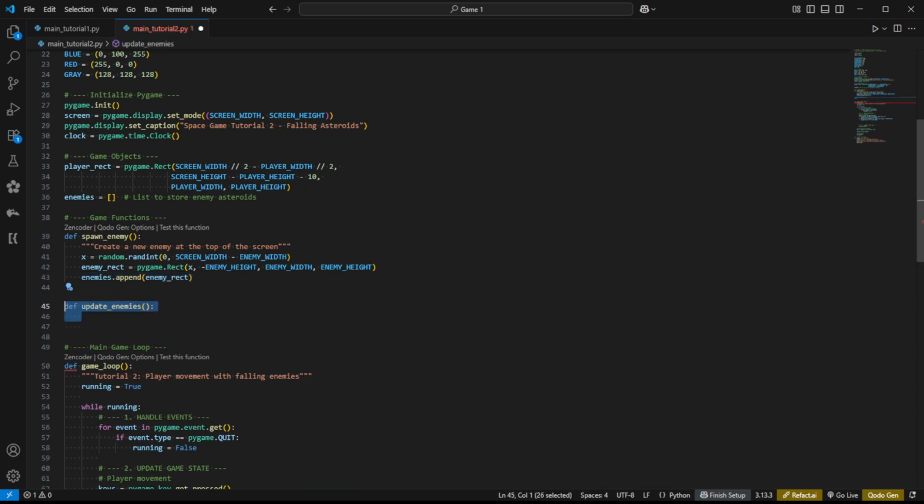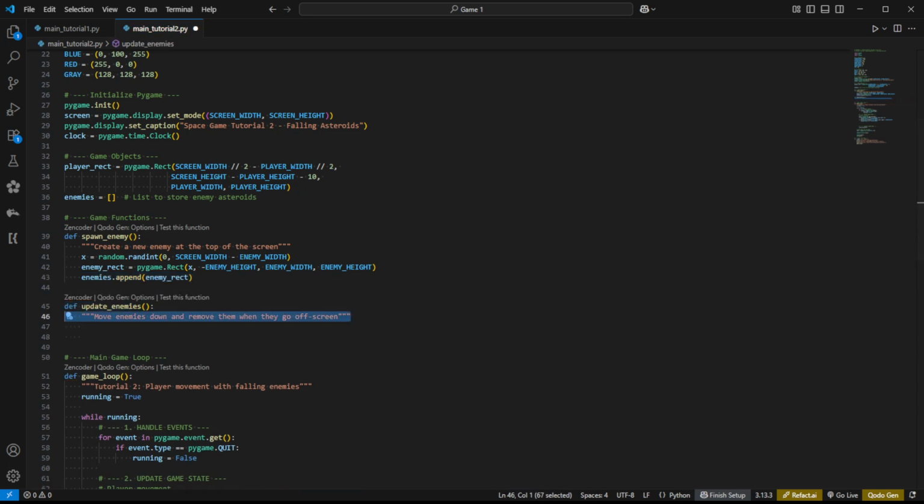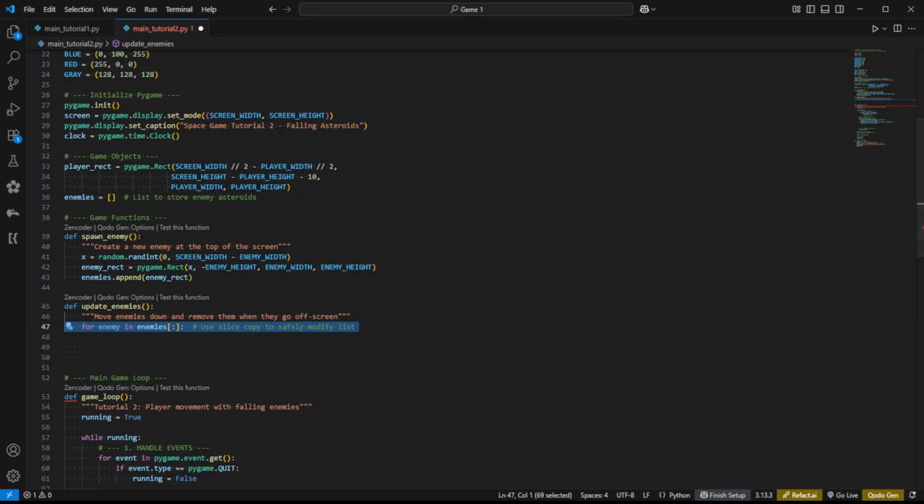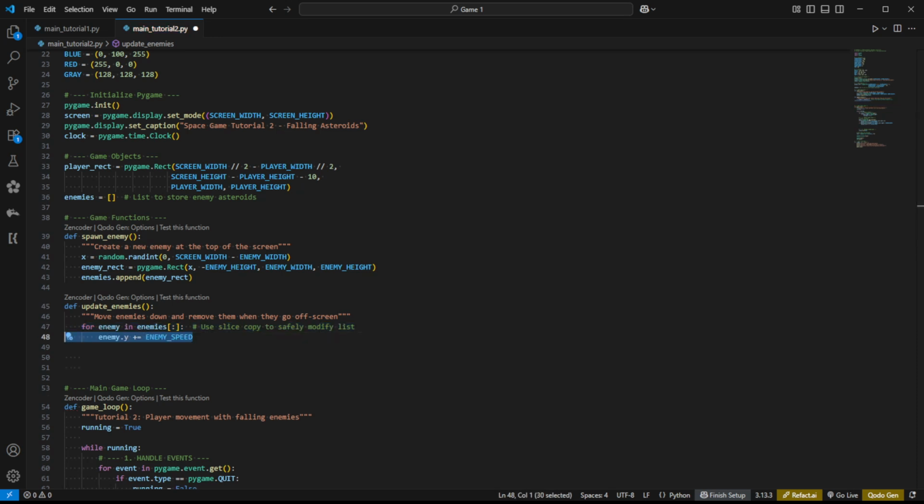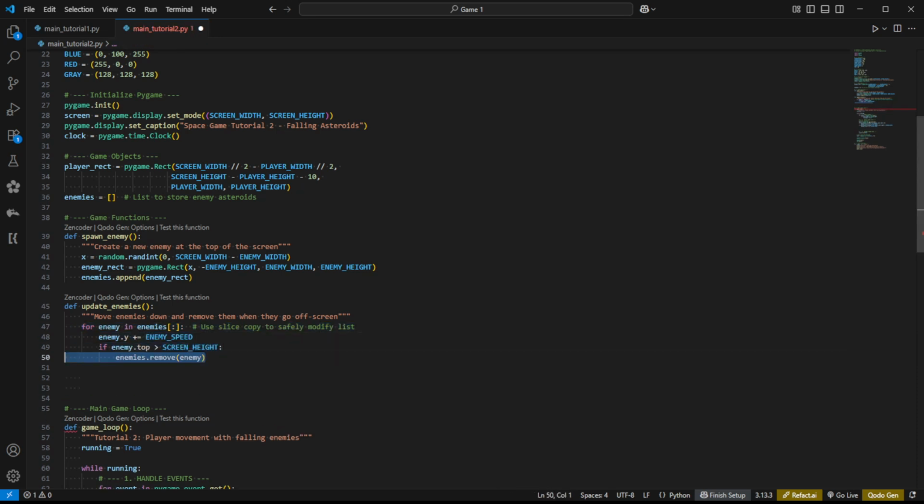The update_enemies function is crucial for our game loop. It moves each asteroid down the screen by adding the enemy's speed to its Y position. But here's a really important programming concept. We're using enemies[:] instead of just enemies. The colon creates a copy of the list, which prevents errors when we remove items while looping through the list. If an asteroid goes completely off the bottom of the screen, we remove it from our list to keep our